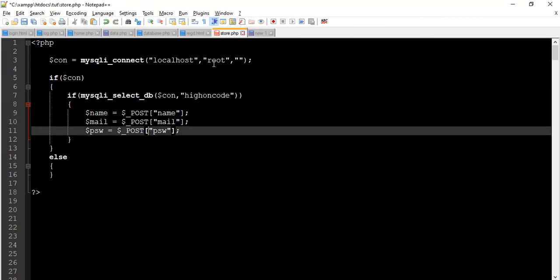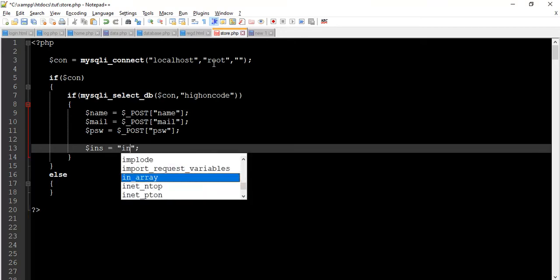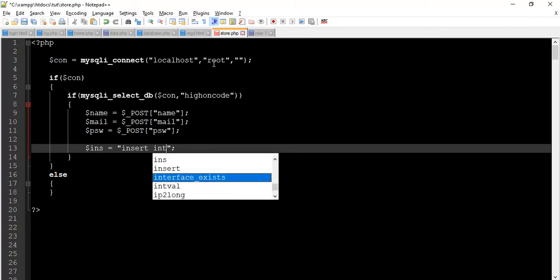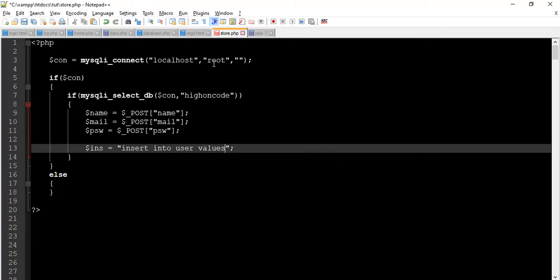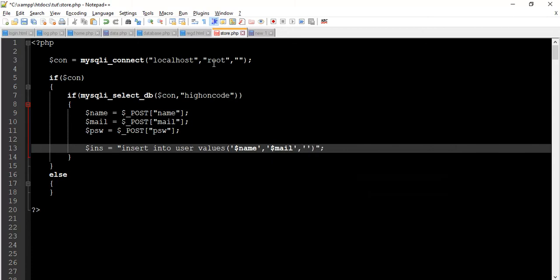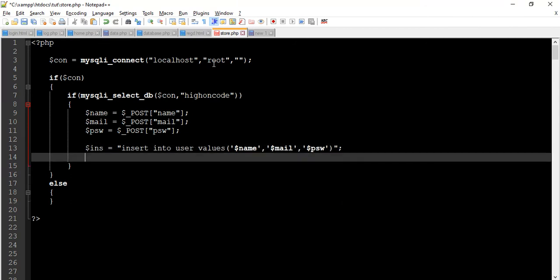Now we insert data into user table. So let's write query for it. Finally, we execute insert query using mysqli_query function.